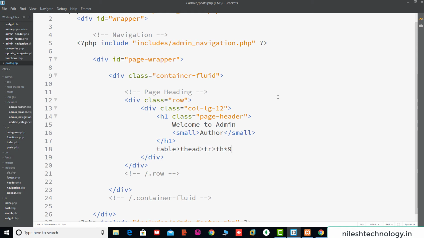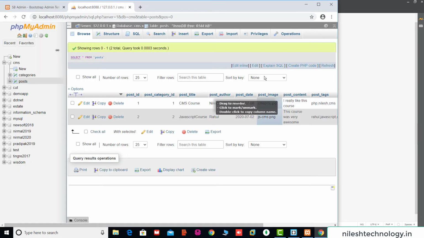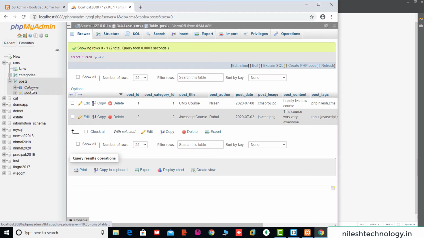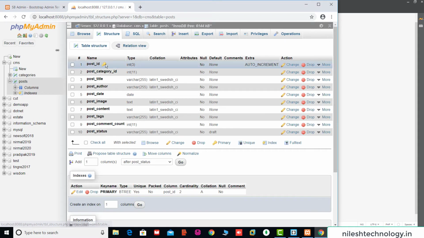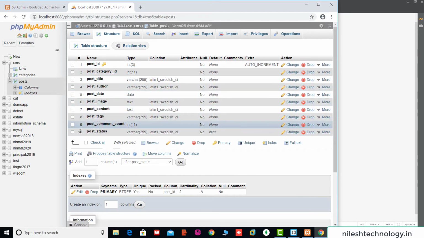Again, if you click on this column section, see here, 1 2 3 4, total 1 to 10, so there are total 10 columns.